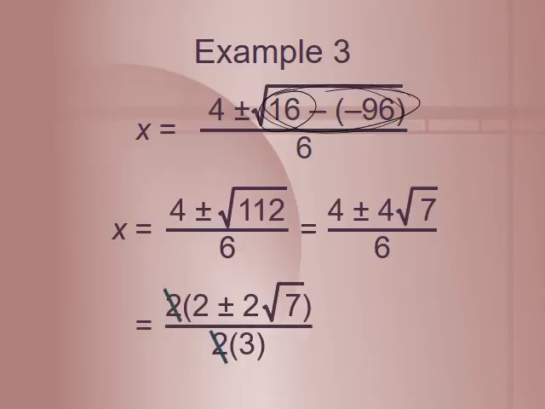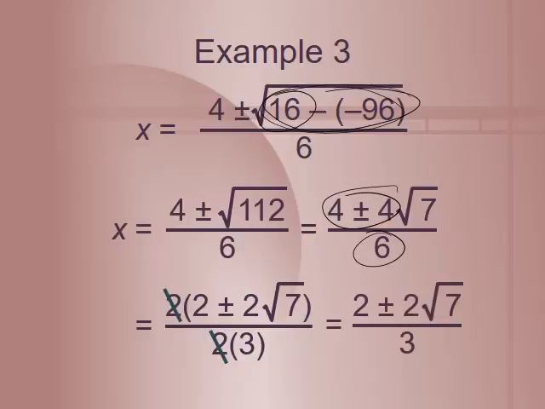And whenever we can, we can actually factor a 2 out of both of those here. And those 2's, it's kind of like cross multiplication. You can factor things out. You can factor a 2 out of here, and you can factor a 2 out of here. And you can go ahead and reduce, or you can reduce later. It doesn't matter. So we have 2 plus 2, or 2 minus